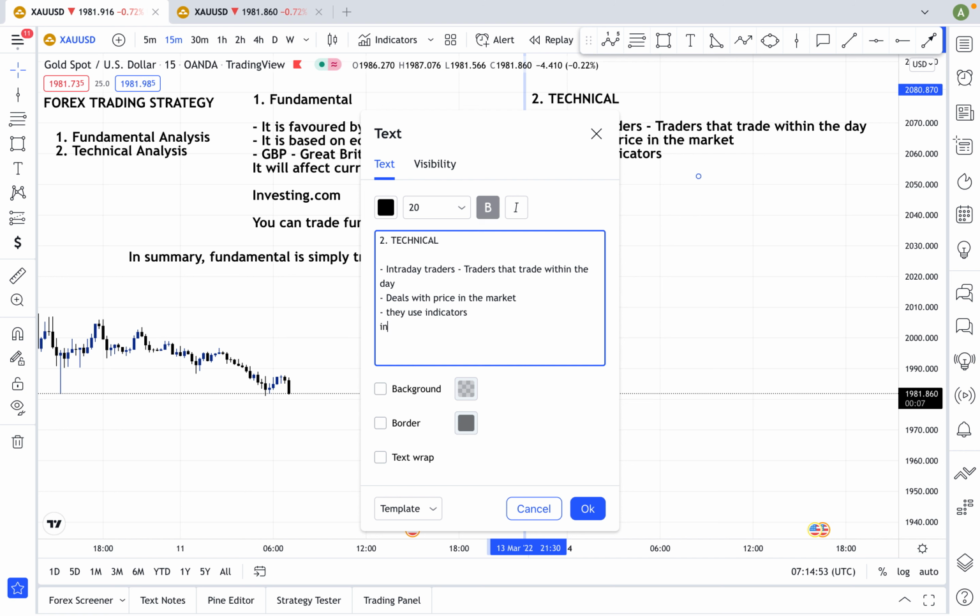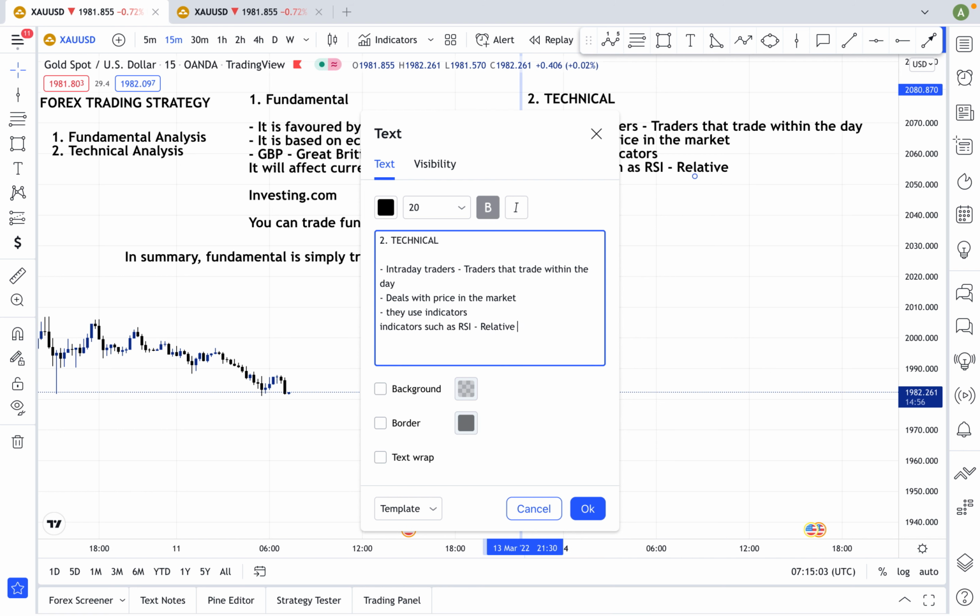Okay, let me just write indicators. Relative strength index. We have EMA, moving average, money flow index, and a lot of them. So indicators, when we get deeper, we are going to understand more about how these indicators work and what are